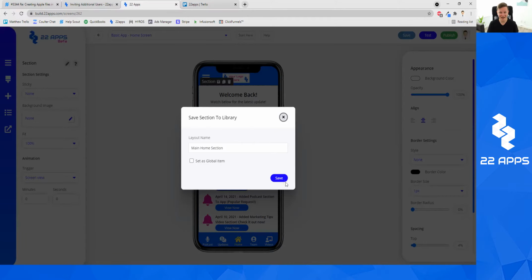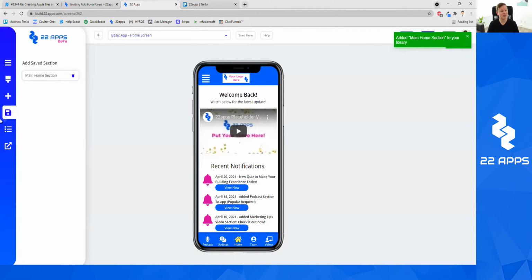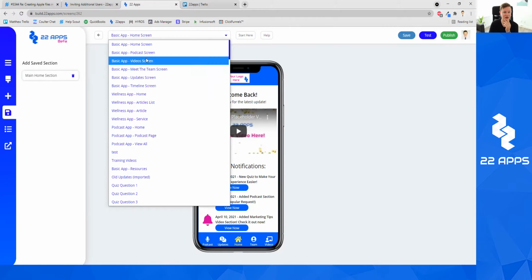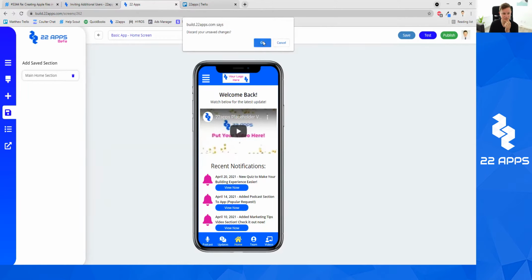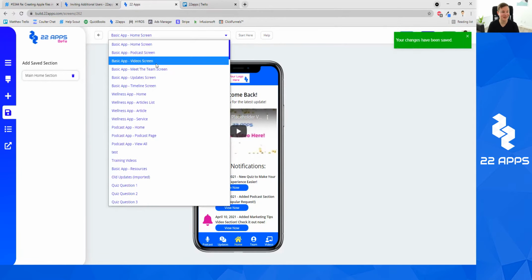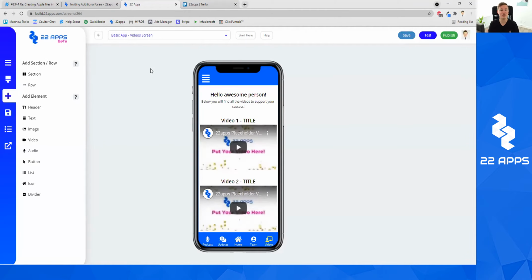Let's just click save, and you'll notice that this tab appears over on the left, and I can drag this section onto, let's say, a different page. Let's go to the video screen. Make sure you always click save when you're doing anything here, because you need to click save in order to save your saved section. That's really important. And then when you come over to the saved sections area, which is here on the left,